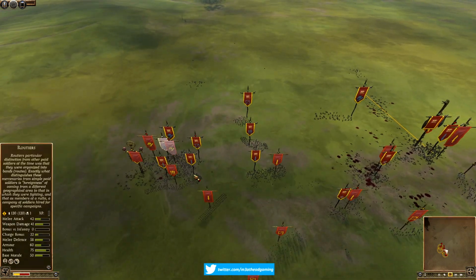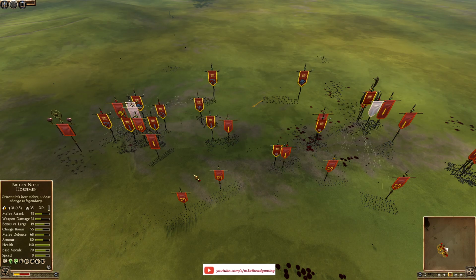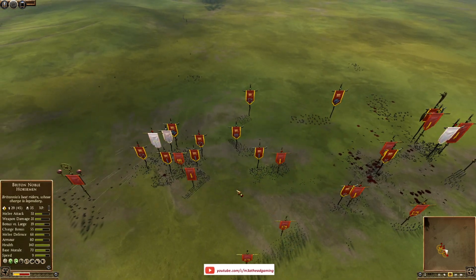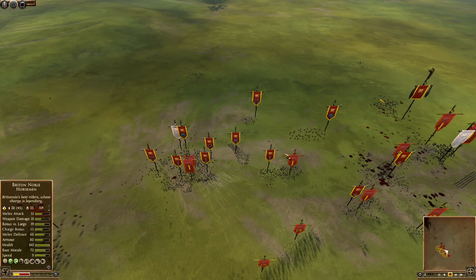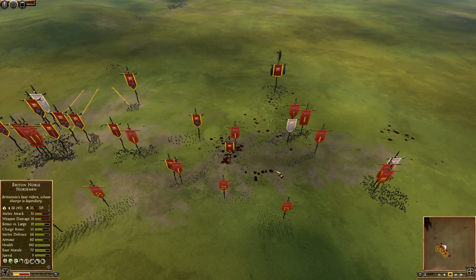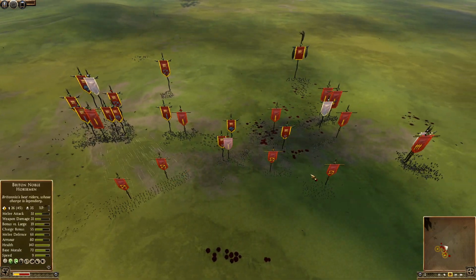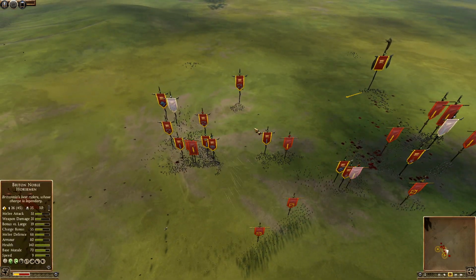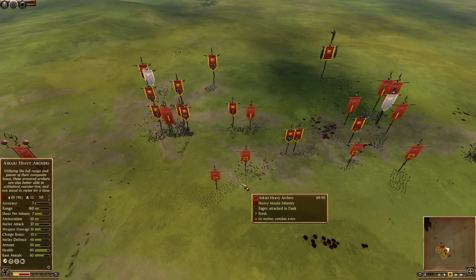Michal's left though is tricky to say the least. Now he did manage to diminish the archers massively, so Premysl is not gonna be able to do his usual damage with the archers. On the contrary, these guys are all pinned down here and now they're getting shot. He does manage to get a charge in here,